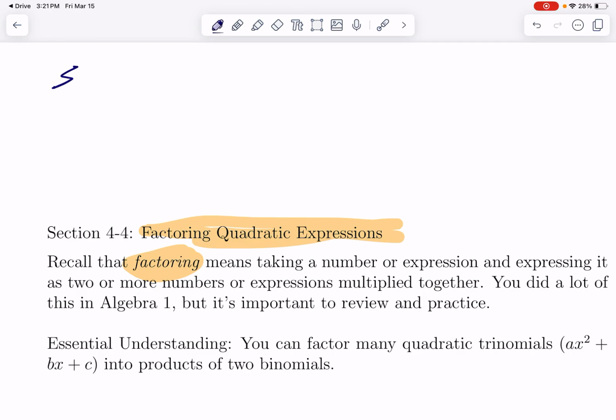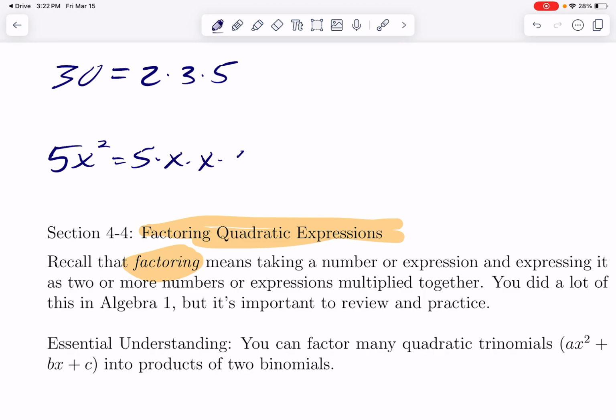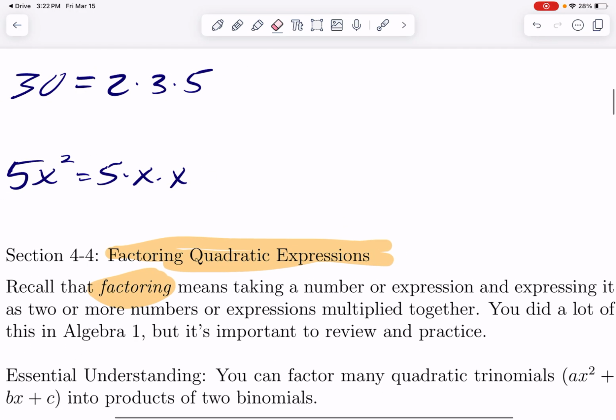So as an example, if I take the number 30, 30 is 2 times 3 times 5. I can express the number 30 in terms of 3 simpler numbers multiplied together. This also works from an algebraic point of view. I could say that 5x squared is 5 times x times x. I am expressing 5x squared as simpler things multiplied together. Or,